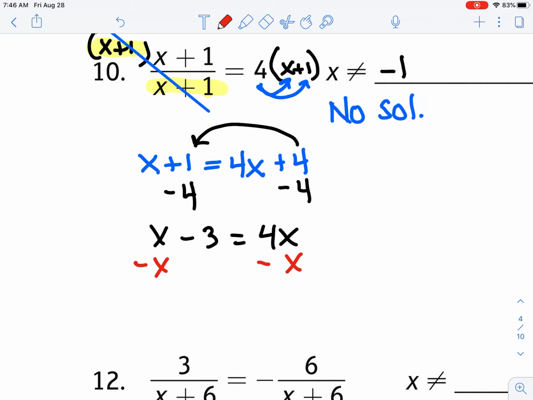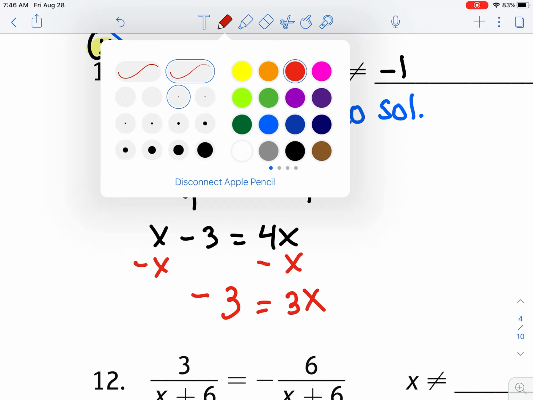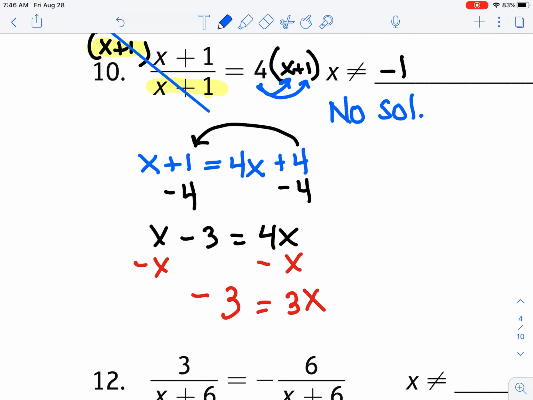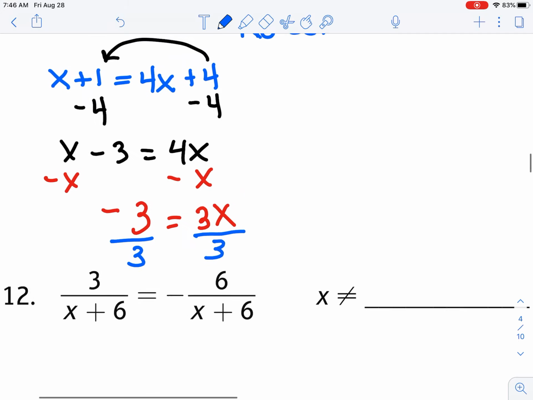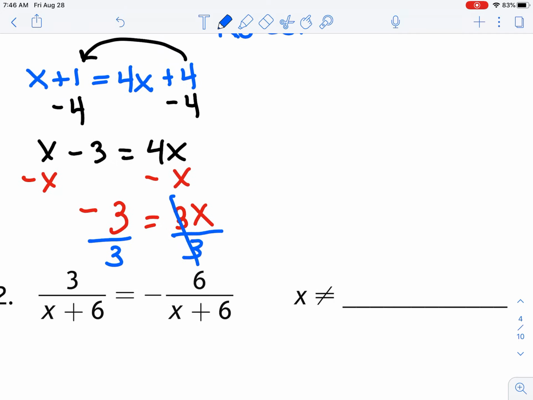And we get, my stylus keeps turning off on me, it's annoying. So we get negative 3 equals 3x. So I'm going to divide both sides by 3. And now the 3's cancel out, and you're left with x equals a negative 3 divided by a positive 3